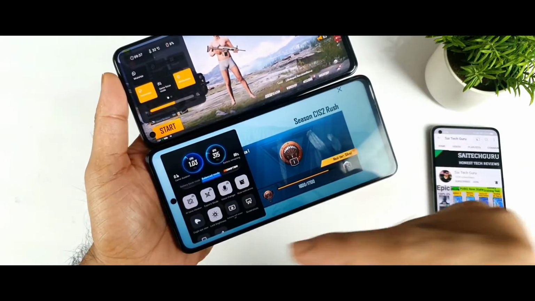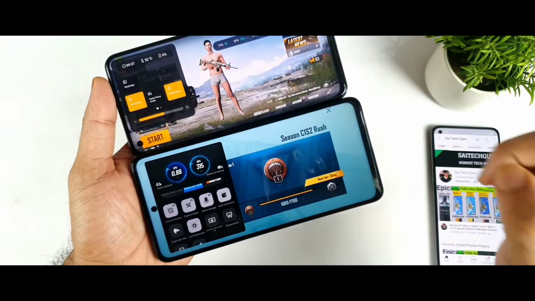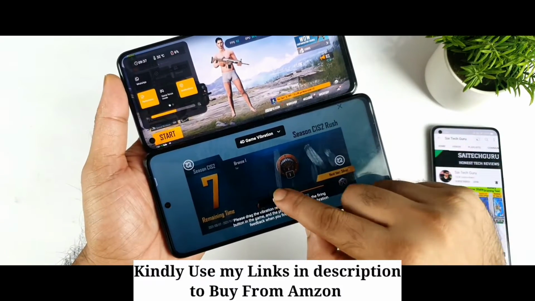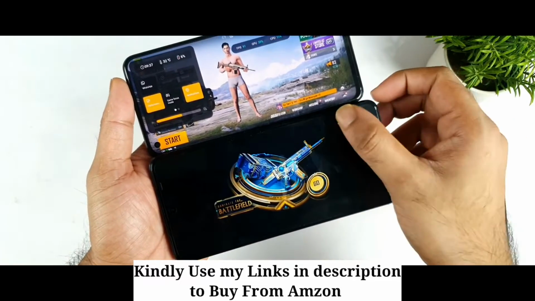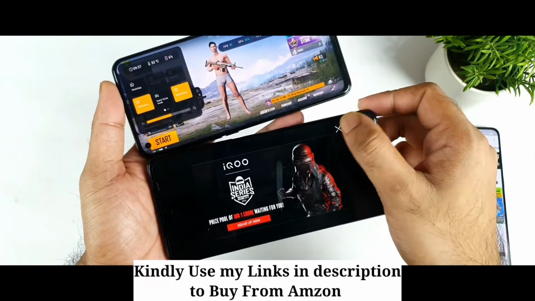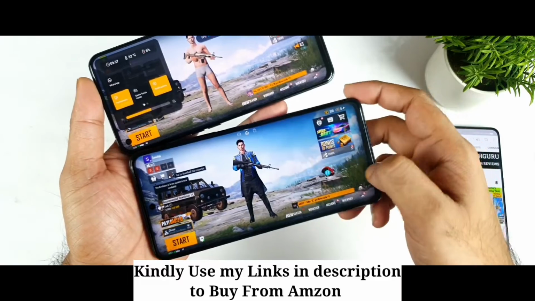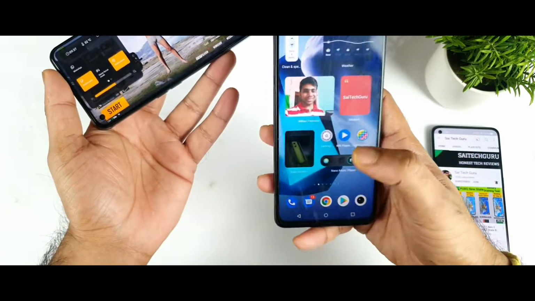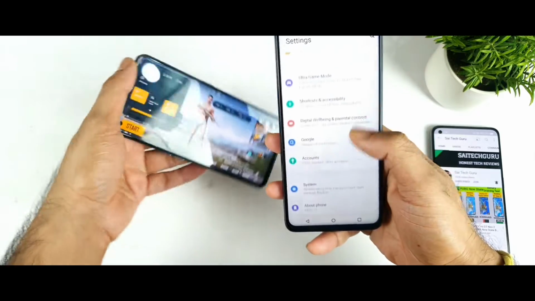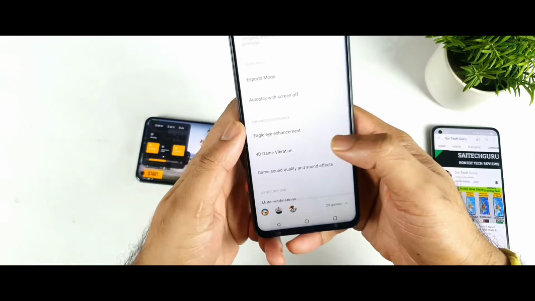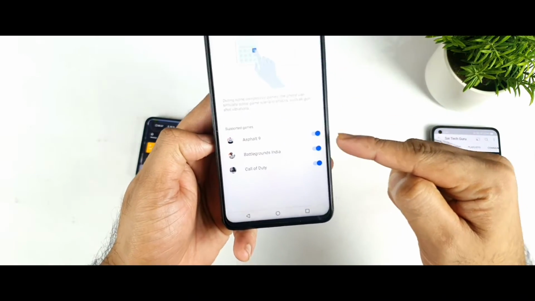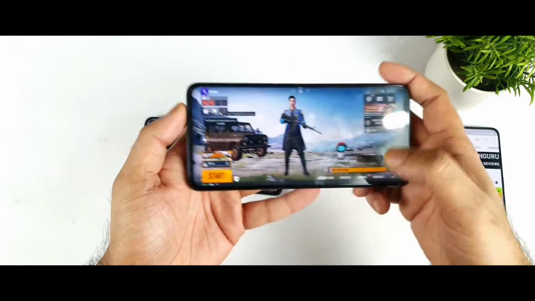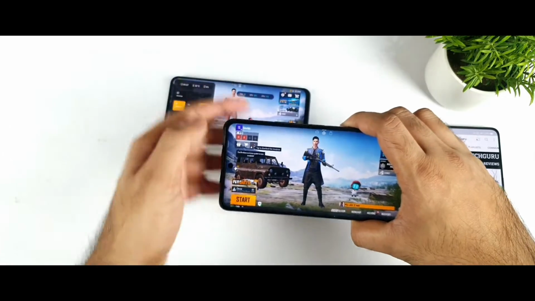And next, what I like in the Ultra Game Mode in this FunTouch UI is, first, 4D vibration. 4D vibration is fantastic, friends, and works without any kind of problem. I never had any issues with the 4D vibration. Overall I was able to get really strong haptic feedback as well. Not only in one game, but in a few games you will be able to use the 4D vibrations, such as Asphalt 9, Battlegrounds Mobile, and Call of Duty, without any kind of problem. So this is one thing which I did like.